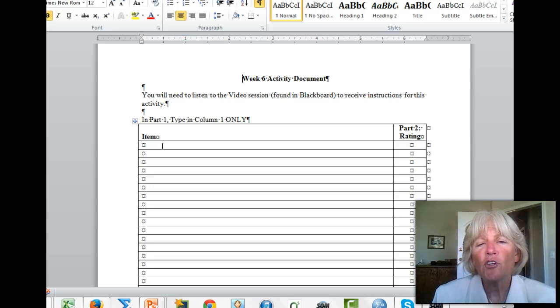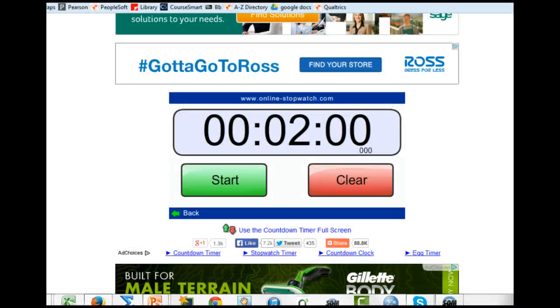I'm going to give you 2 minutes to complete the activity. I'm going to have a countdown timer that will appear on the screen for you. My recommendation is that you resize the window with the word processing document so that you can see the window with that document and the video at the same time. So I'm going to ask you to pause here for just a second, get your window arranged,